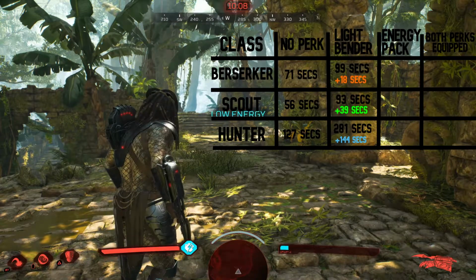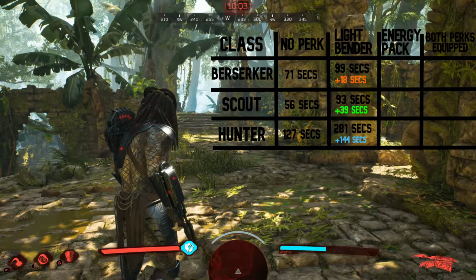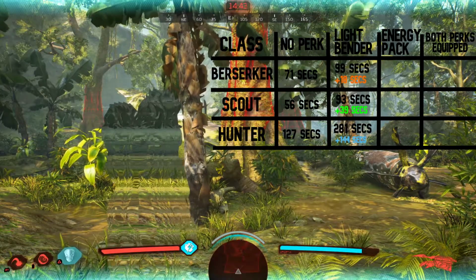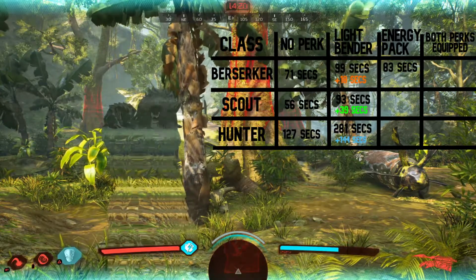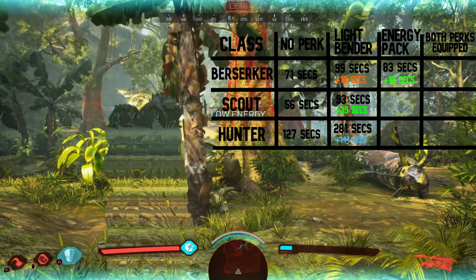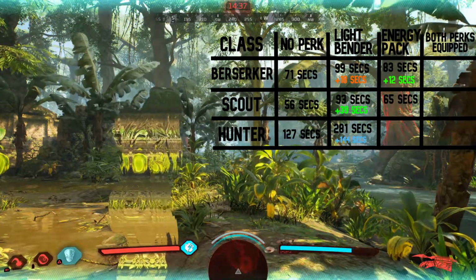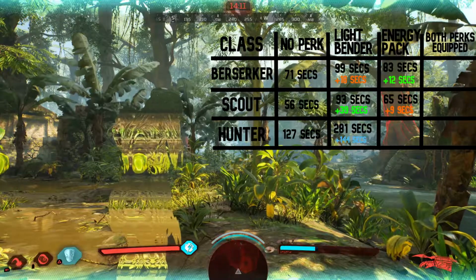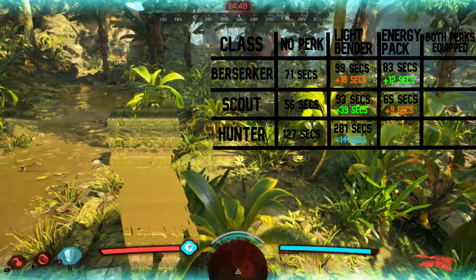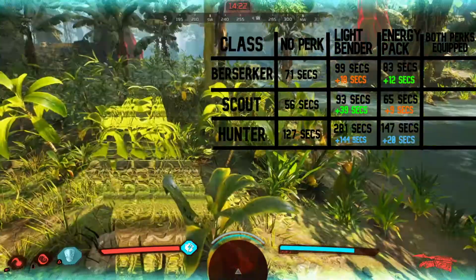So then the last one we did was we put on the energy pack perk, which gives you a bigger reserve of energy. And for the Berserker, it was 83 seconds, which, without the perk, gives a 12-second boost, which isn't really useful in any regard. Scout got 65 seconds, which is only a 9-second boost, which again is even worse than the Berserker. And the Hunter, again out on top, got 147 seconds from its original, which is just 20 seconds more, which